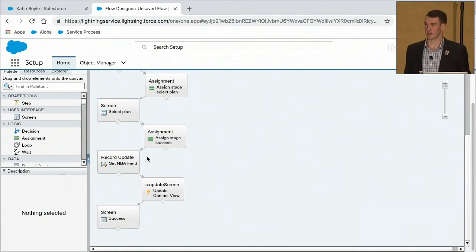Now, you've updated a record. You want to show that dynamically to the agent. How do you do that without having them manually refresh the page? Well, we actually have some custom code in this flow called a local action. That's right here. So when the agent updates that record through the flow, it automatically shows that update to them